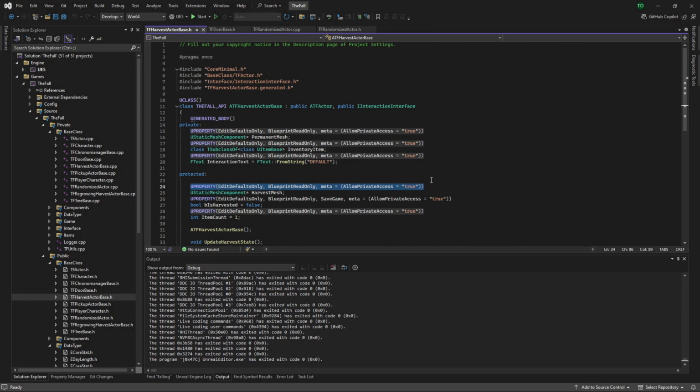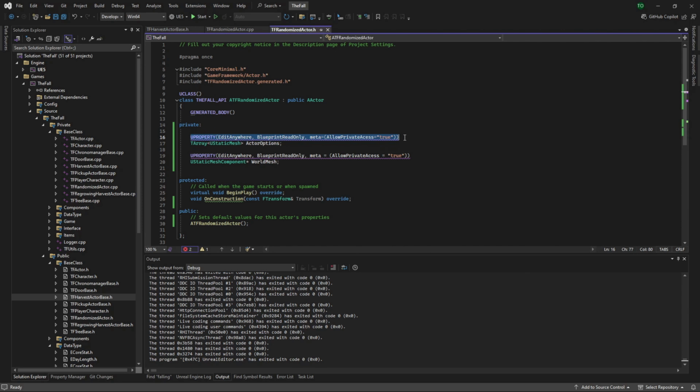Actually, we won't edit defaults, only thinking about it for this one. So I'm going to change that over. And this one should be visible anywhere because we don't actually want to be changing this. Okay, so